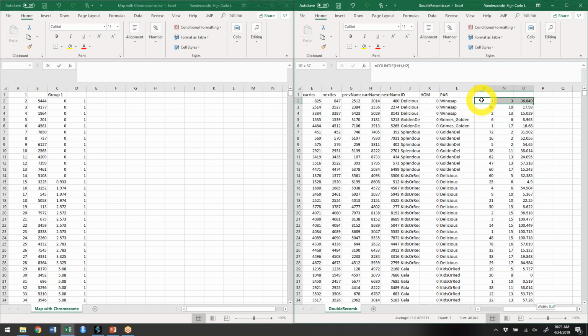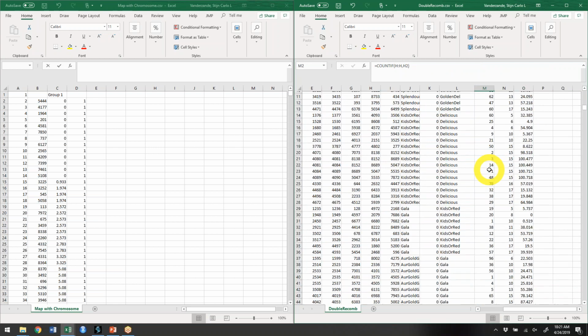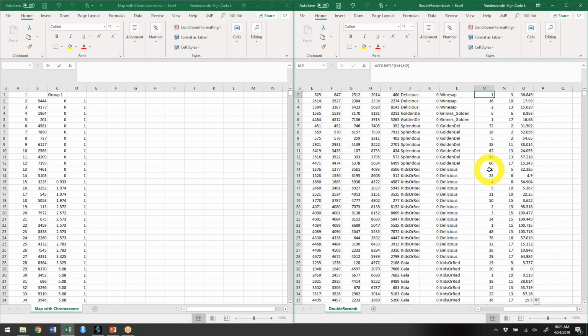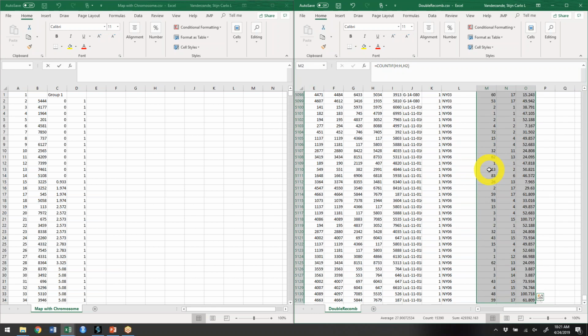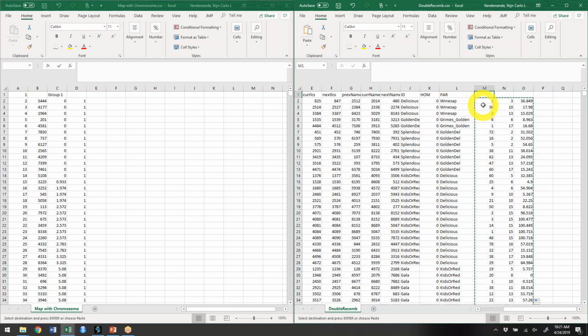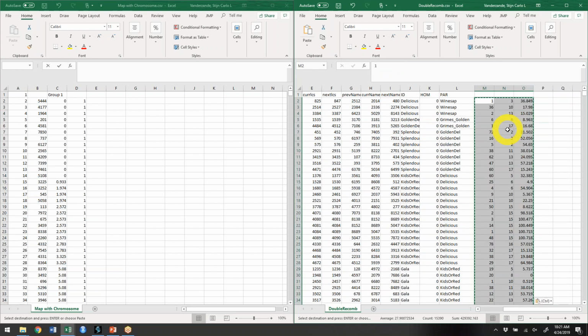And as always, I'm going to just replace my formula by selecting everything. And again, I select everything by holding down Control and Shift, and pressing right and down to select everything. I hit Control C to get a copy, and then I right click here and choose paste values. And at this point, everything is fixed, and now I can sort